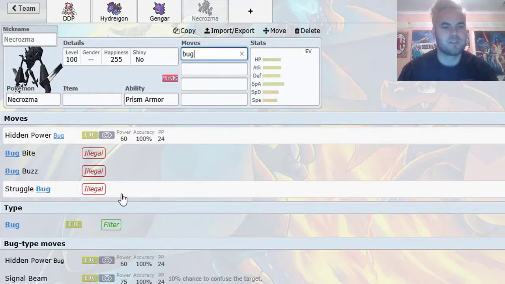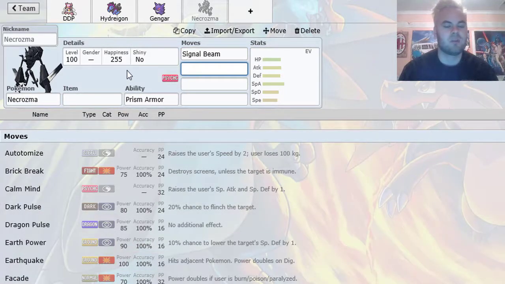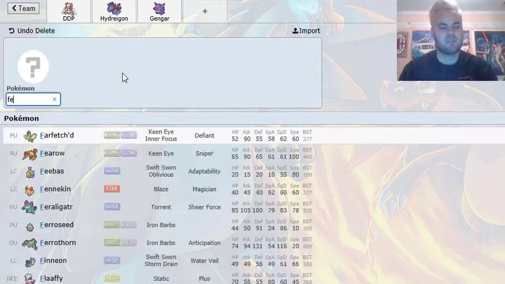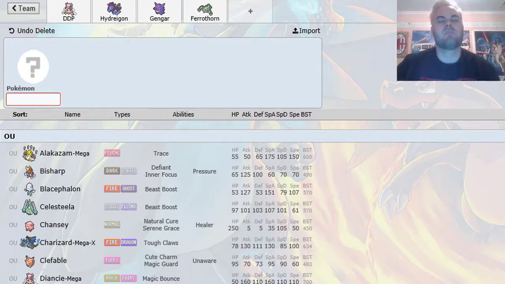That's also a risk. Kind of would prefer the special set, but I'm investing in a lot of special attackers here, so we may keep this on the back burner. I'm gonna delete this, but definitely the one I want to bring is Ferrothorn. He has a Manaphy, and what this does with Ferrothorn is it forces Manaphy